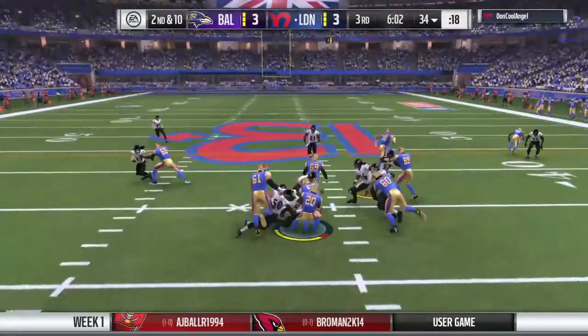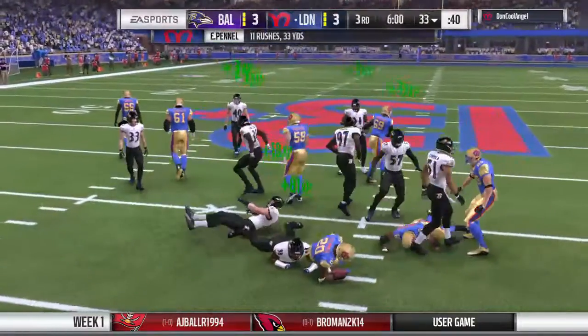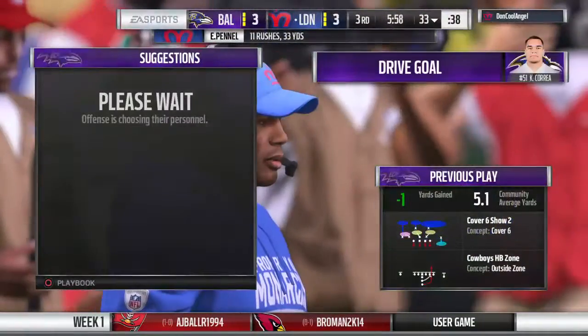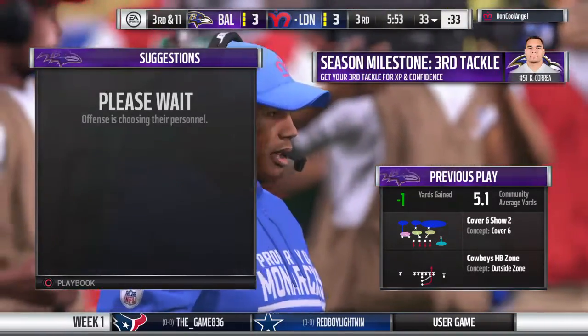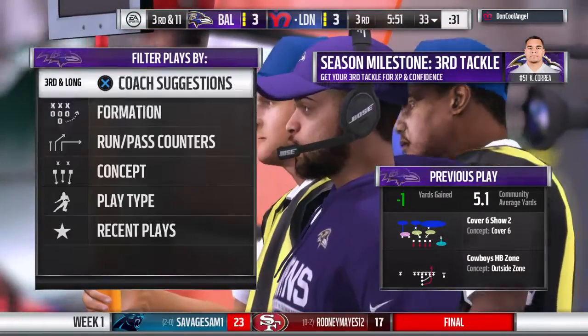Now a handoff here to his running back. Trying to run inside, but nothing there. They'll lose a yard, and it brings up third. Partner, I think the easy thing now would be to just abandon the run and start throwing the football at